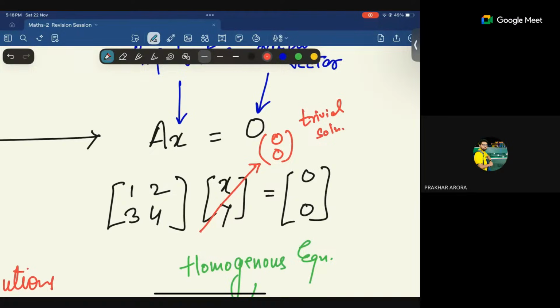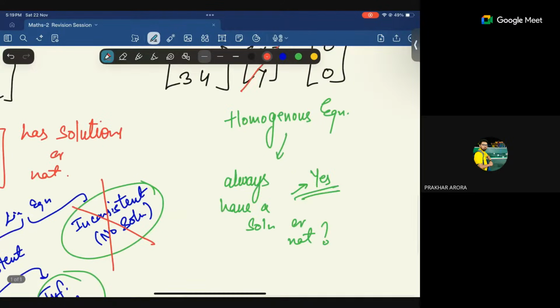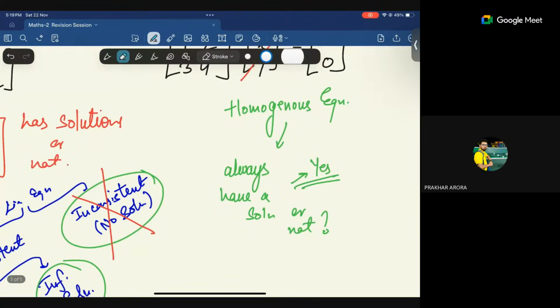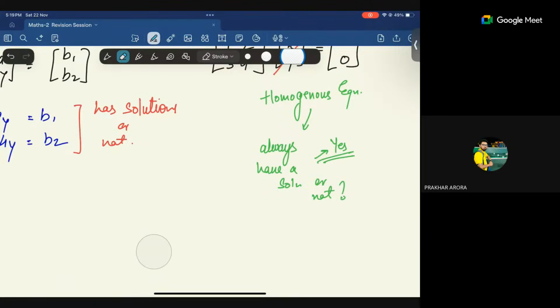This understanding here is the trivial solution. The reason we call it trivial is because this is always going to happen. That is where the origin of the word trivial comes from. Why is this trivial? Because this is always going to be the case, and that is why we don't care much about it. So this is what we studied there, just a quick brushing up of the old concepts.